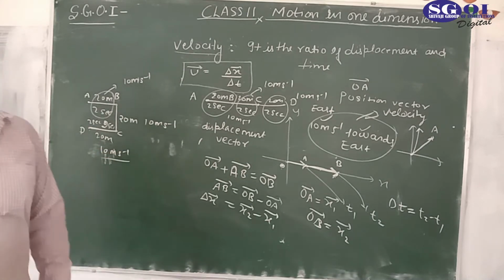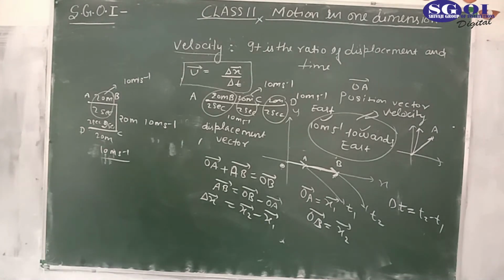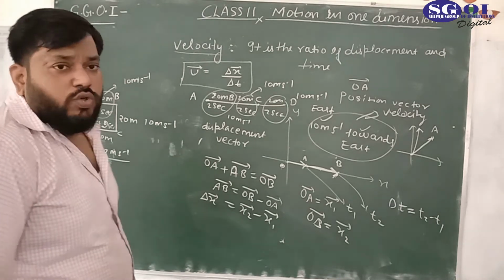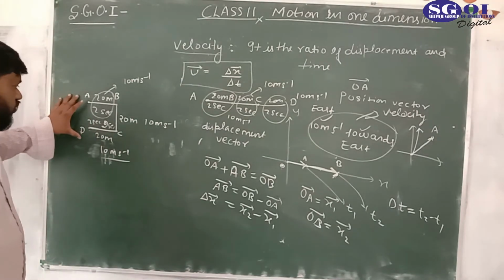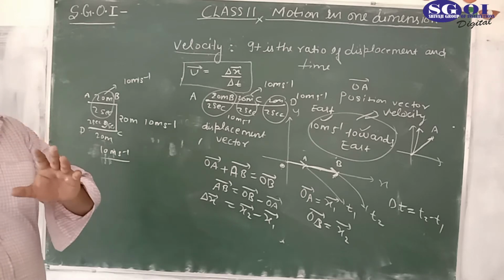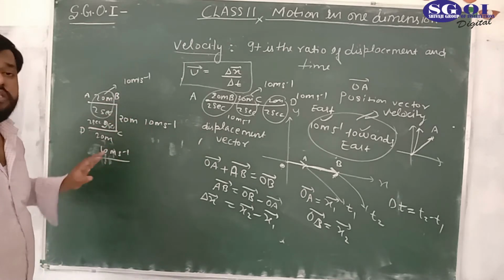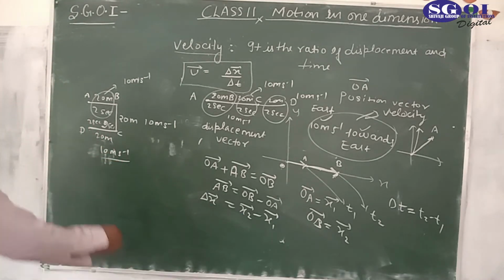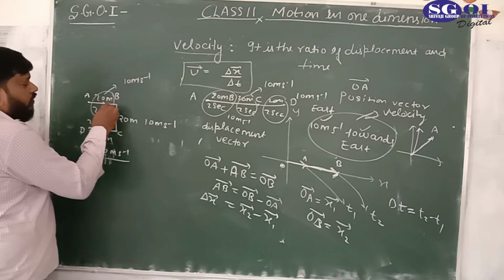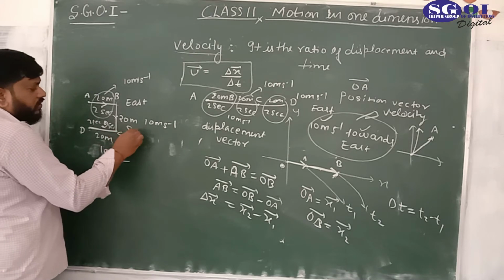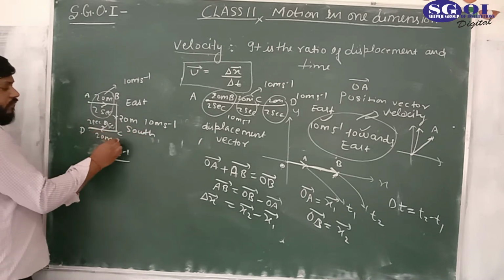So you are seeing here that the velocity during A to B, B to C, C to D is 10 meter second inverse. It means the magnitude of velocity is not changing. So can you say that the velocity is not changing? No, because here velocity is a vector quantity, as I told you. Magnitude is not changing. It doesn't mean that the velocity is not changing. You are seeing here the direction of the motion is changing. Here the object is moving in this direction, which is east. Here the object is moving in this direction, which is south, and in this direction, which is west.